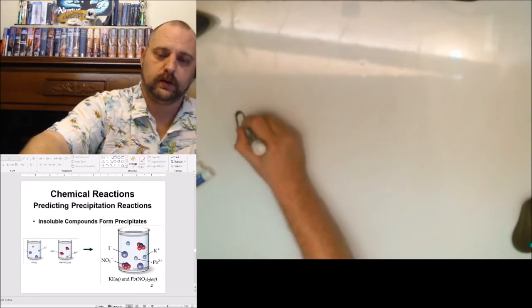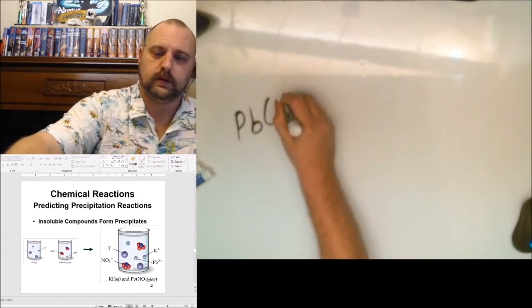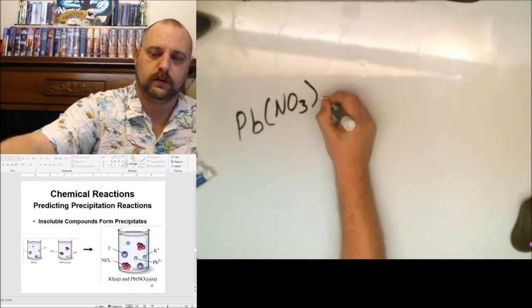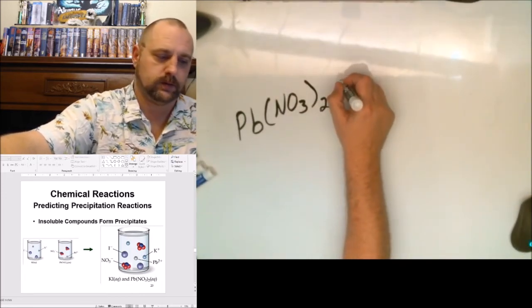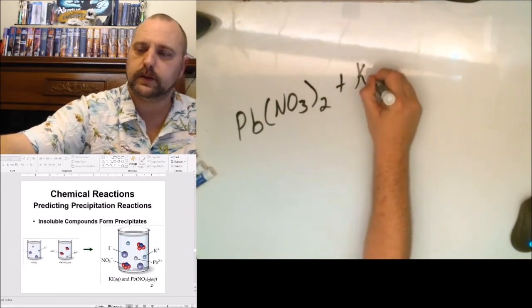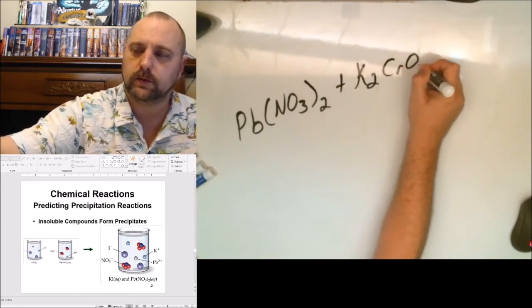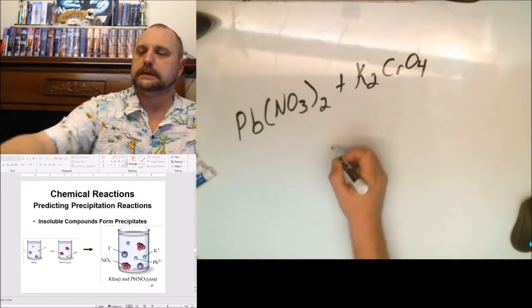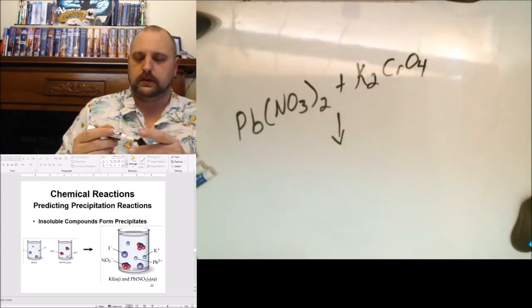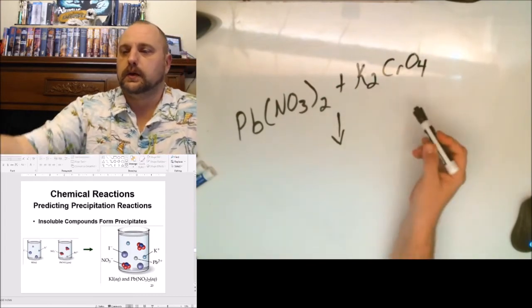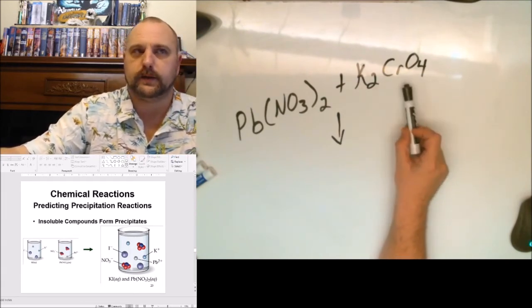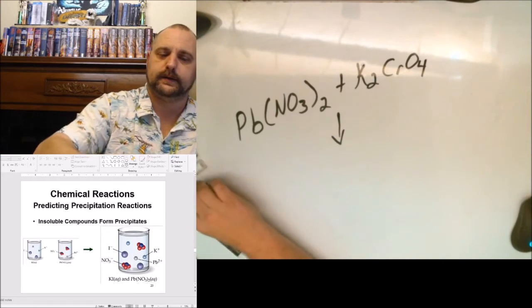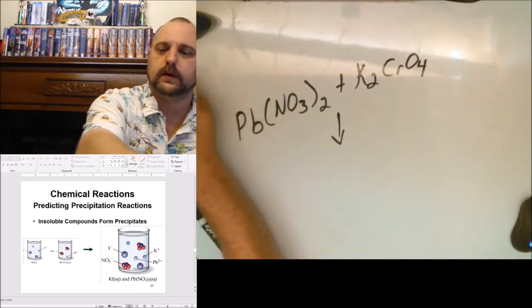The next one. This should be a 2. Looks like I copied it wrong originally. K2CrO4. Whew, this is a long looking one. But I've got polyatomic ions, polyatomic ions. This really comes down to